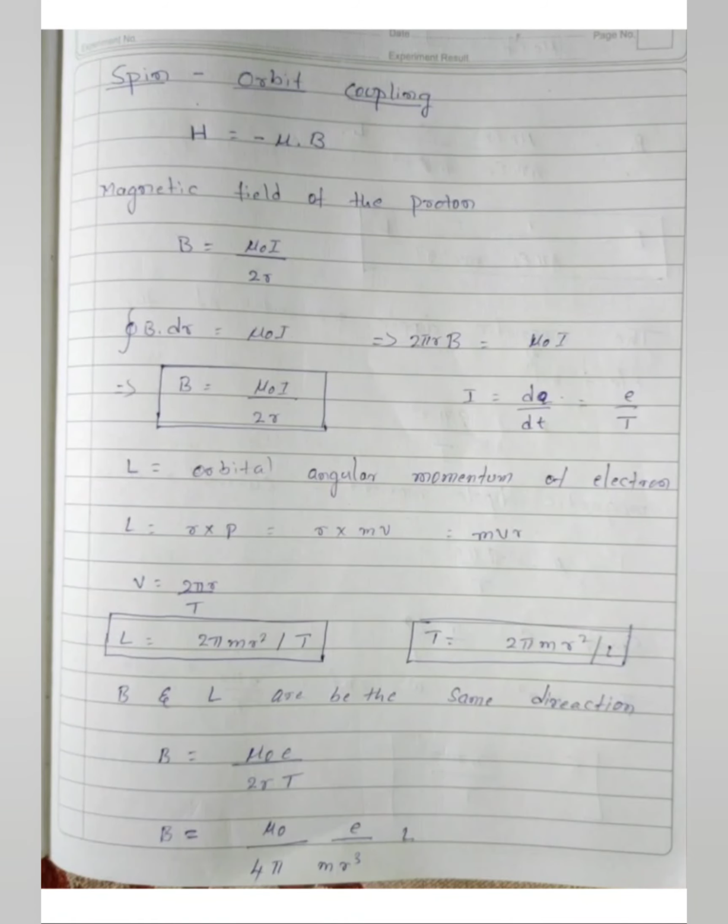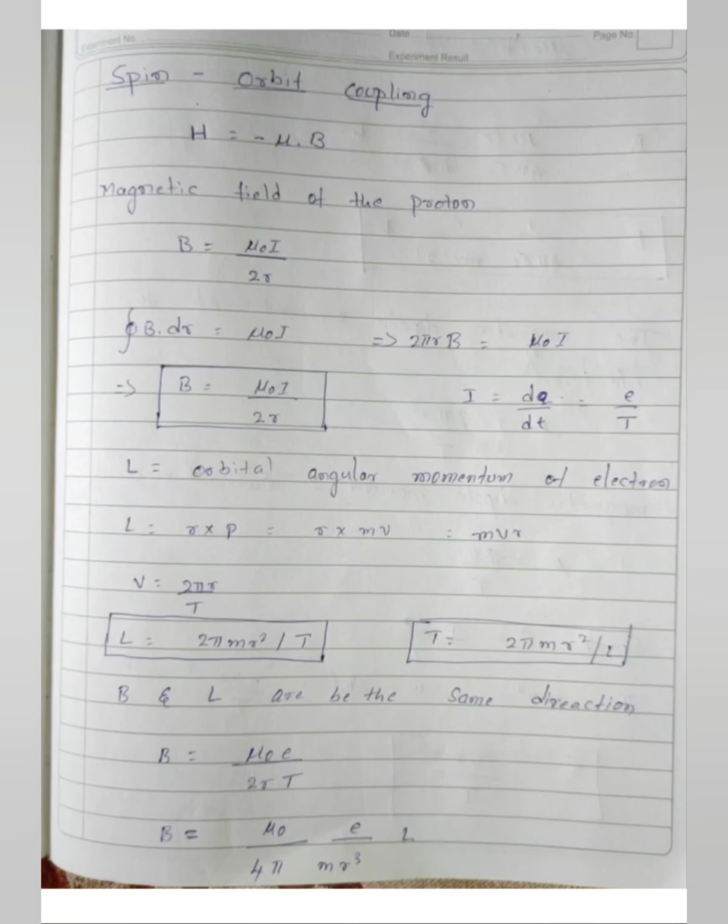Already you know the electron is revolving around the nucleus. Here we consider the hydrogen atom. The electron is revolving around the nucleus, but I approximate from the electron perspective. The electron is fixed, and the proton, or nucleus of the hydrogen atom, is moving around the electron. You already know about this.